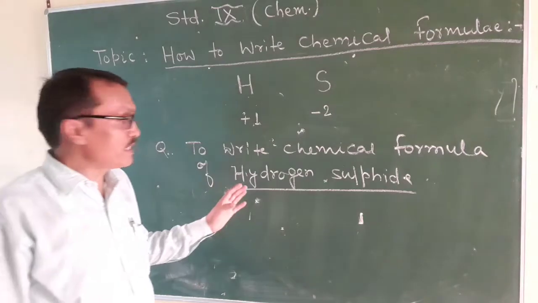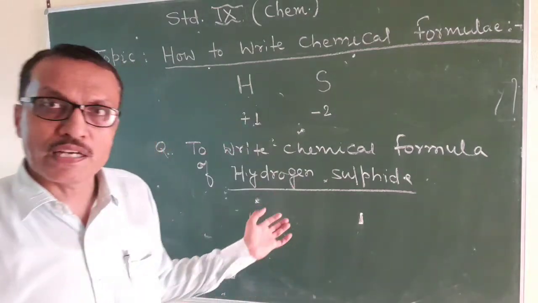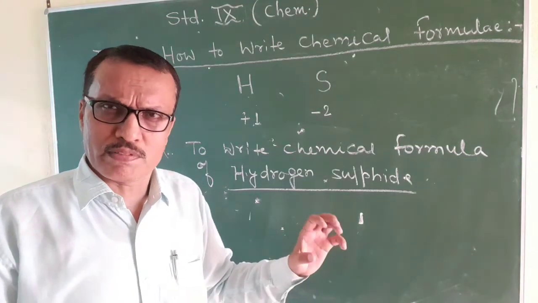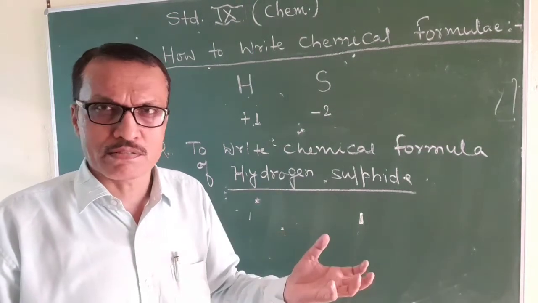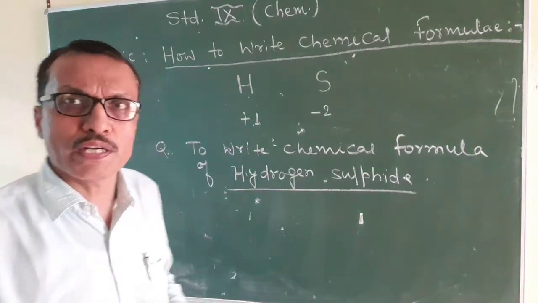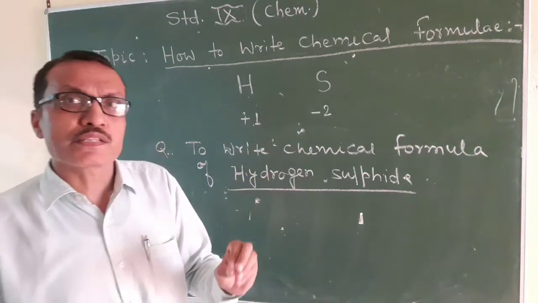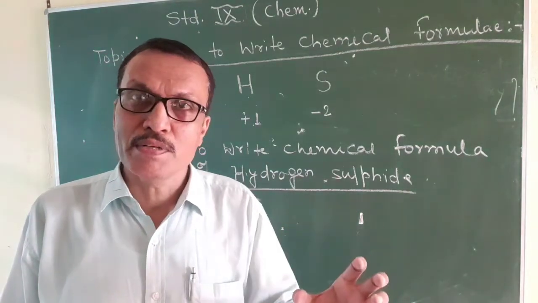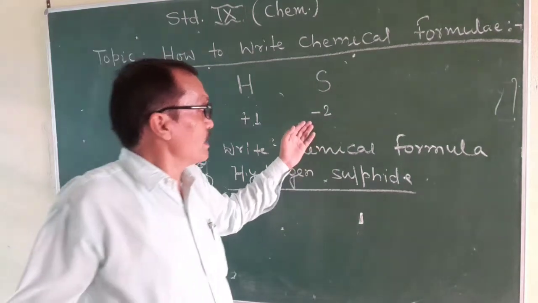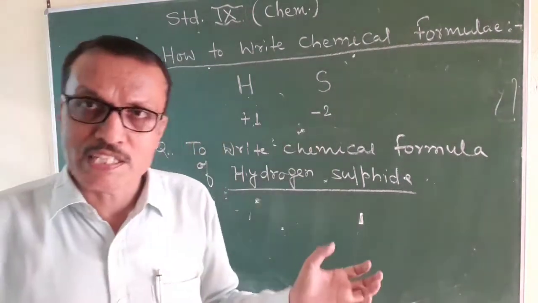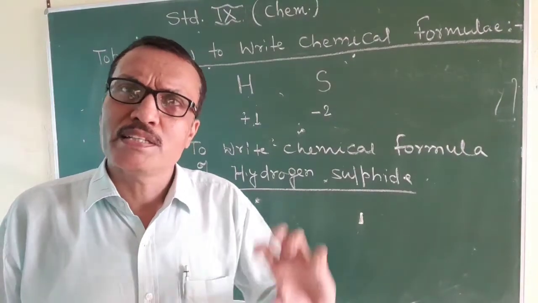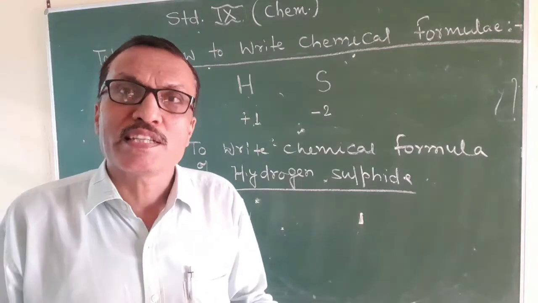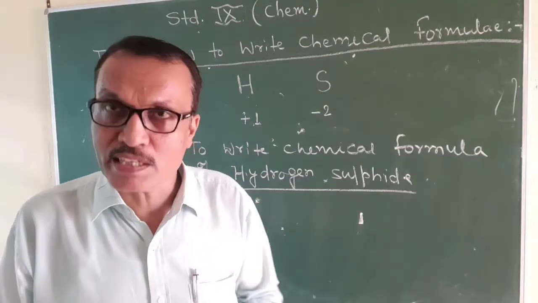Now students, you can see I have given plus and minus signs there. But in writing a chemical formula, these signs are not useful. Okay? Only plus and minus tell us about the nature of that element. Where a minus sign has been given, it means the element is a non-metal, and where a plus sign, it means the element is a metal or has metallic character.